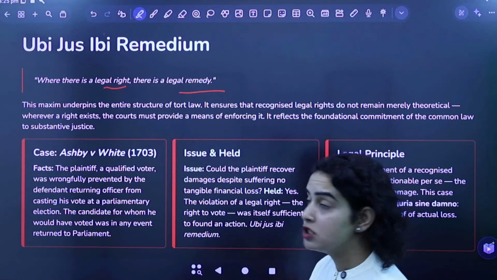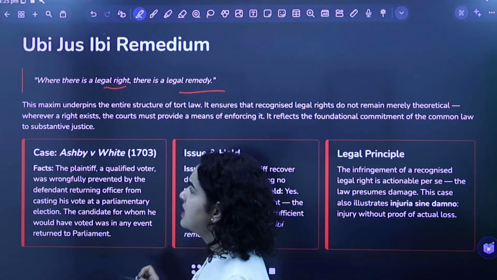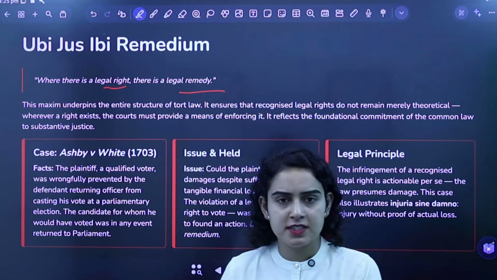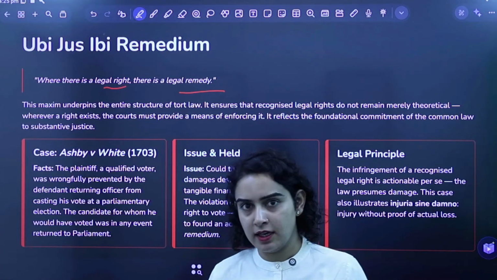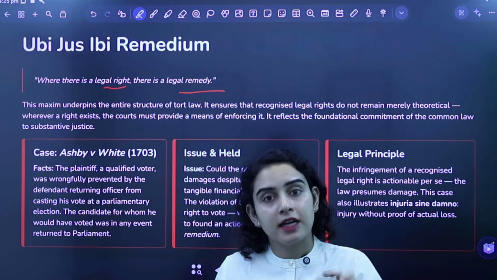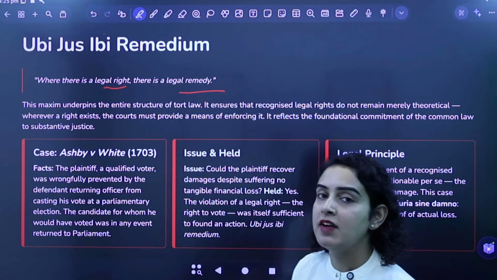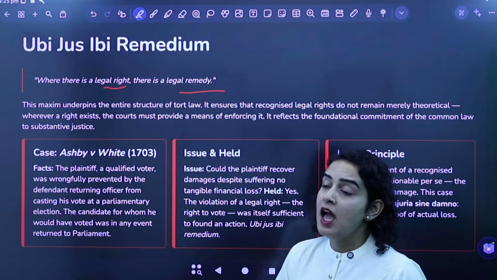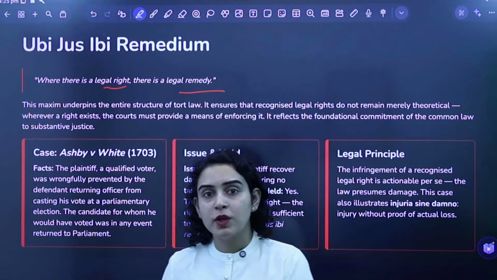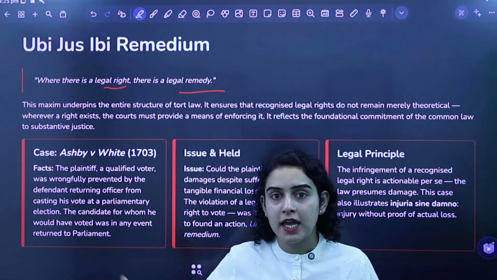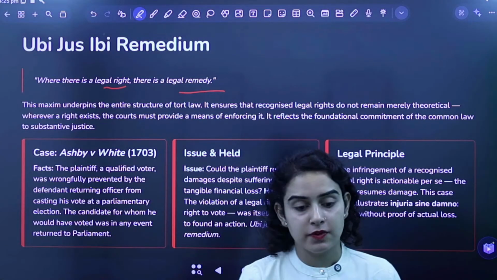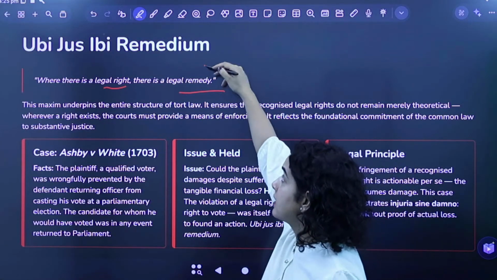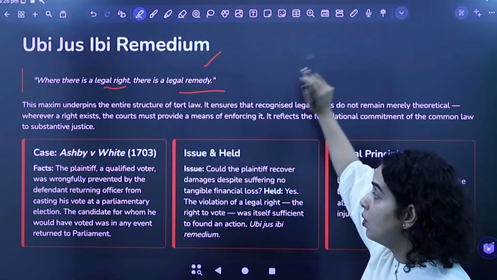Same way law of torts में भी क्या maxim use होता है, it says कि अगर आपके पास कोई भी benefits हैं, right? तो अगर कोई भी वो benefits आपसे छीन लेता है तो आपको justice मिलेगा. It's as simple as that. If you have any privileges, any benefits, and those benefits are taken away from you by someone else, right? Wrongfully, then you are liable to get justice for the same. This is what this maxim says. Right? Where there is a law, there is a remedy.